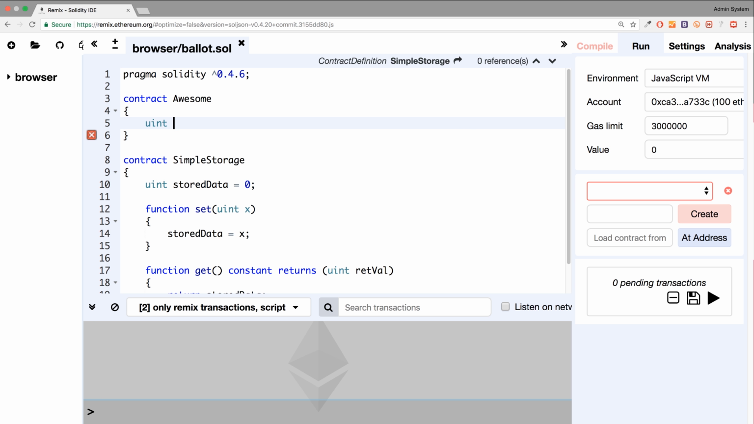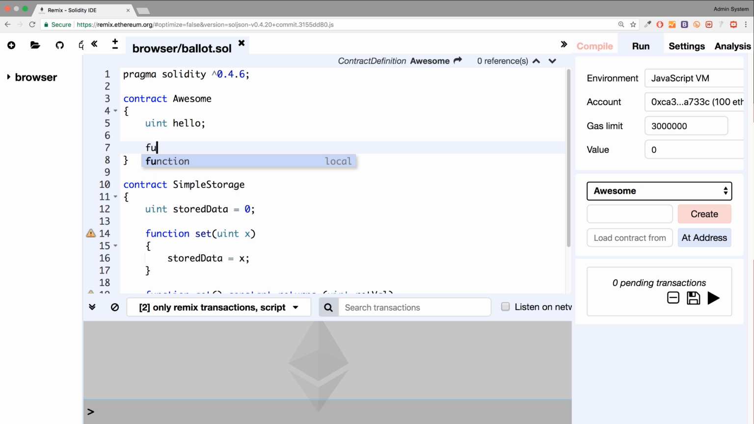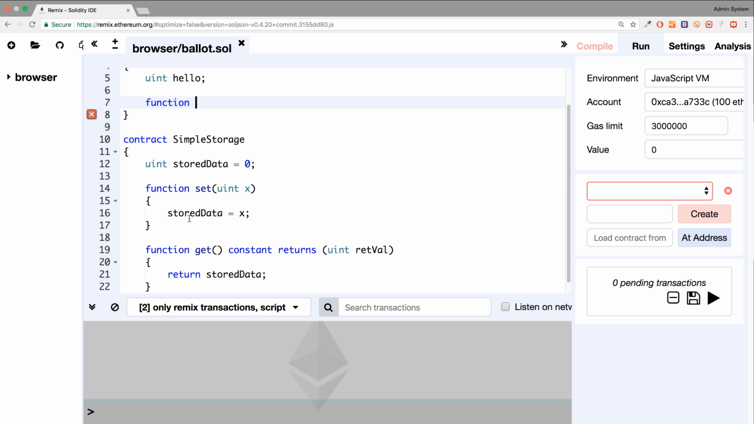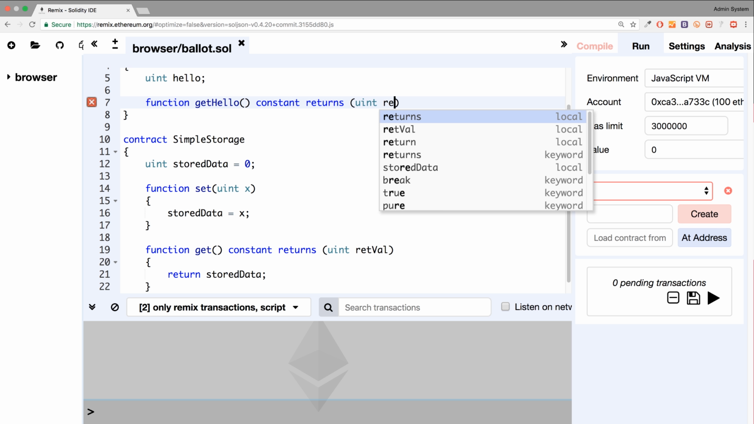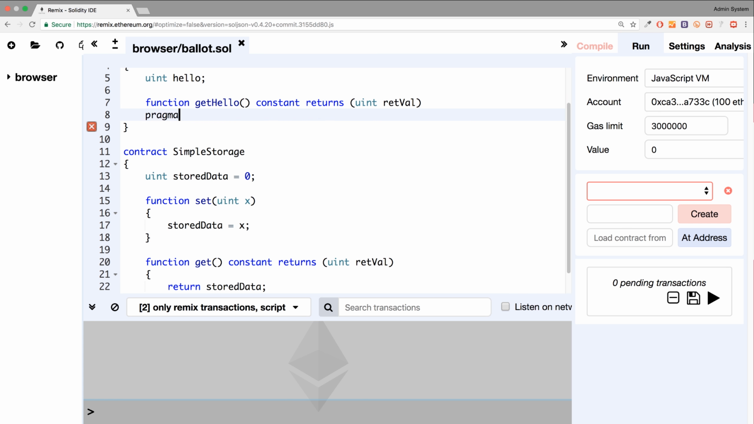Inside I'm going to have a uint and I'm just going to call this the hello variable. Then I'm going to have a function very similar to this get method, and it's going to be just get hello and constant returns uint, and I'll just call it ret value,